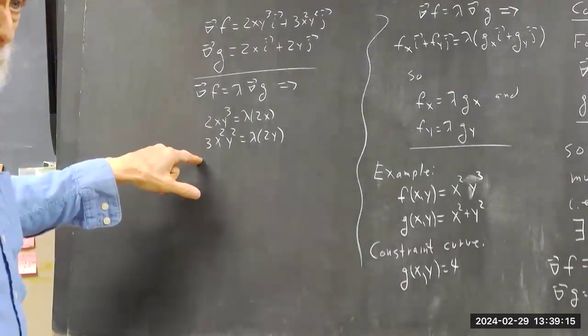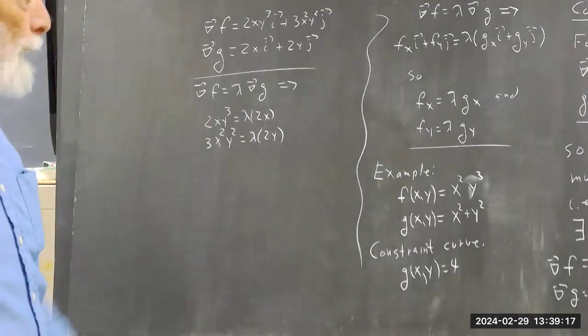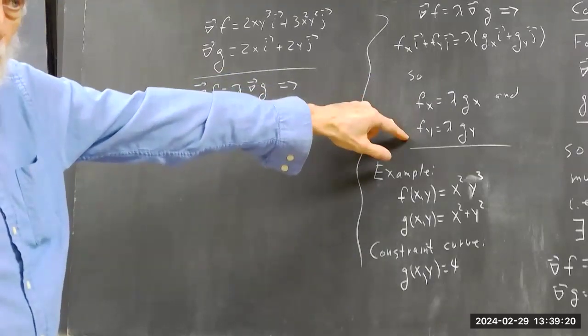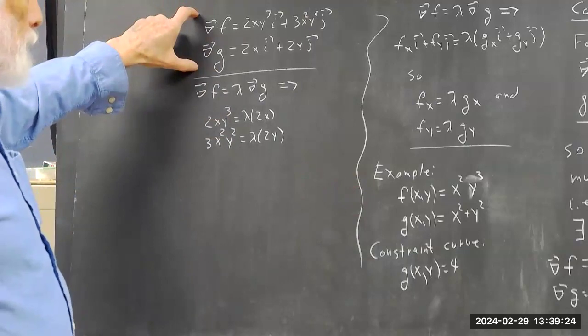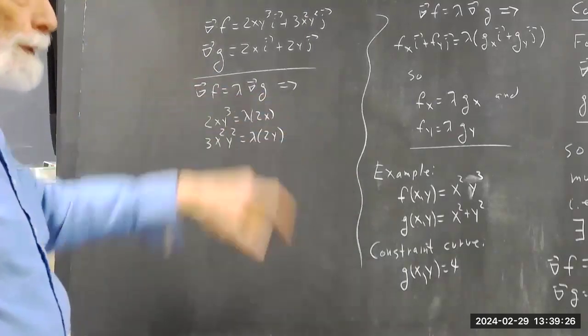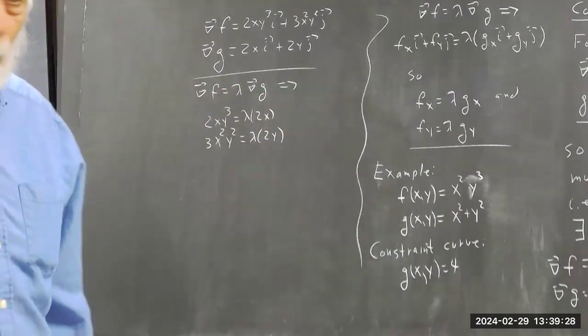Understand where all that came from? I never looked at those equations, never thought about them, but that's exactly what these equations tell you. So if you just write out the two gradients and set one equal to a constant multiple of the other,